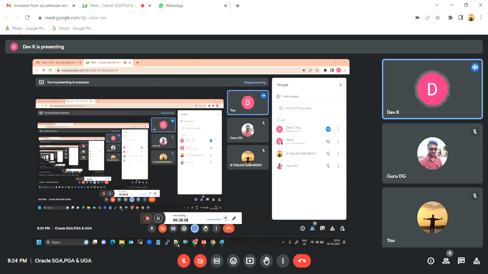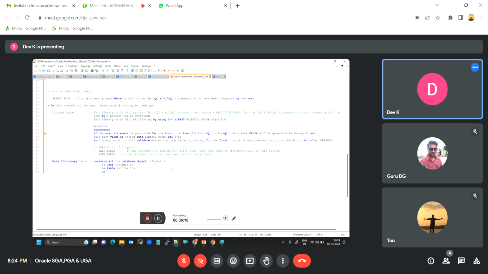Okay. So this data dictionary cache. See, it contains all the database object information like user information, table information, or user privilege information, and so on. All the object related information will be stored in this data dictionary. If the data is not present in the